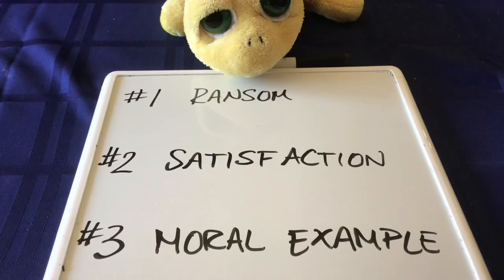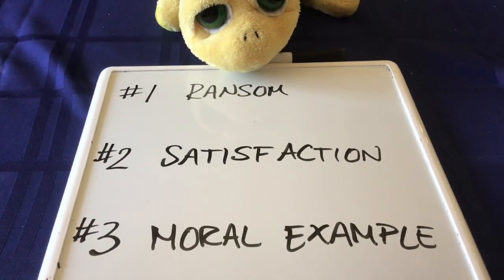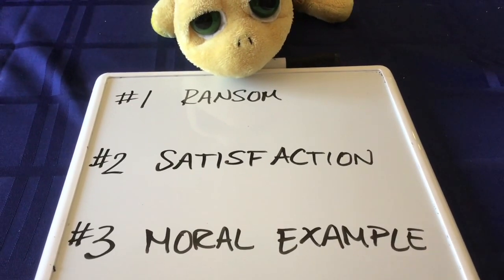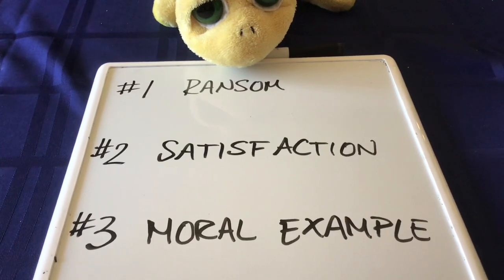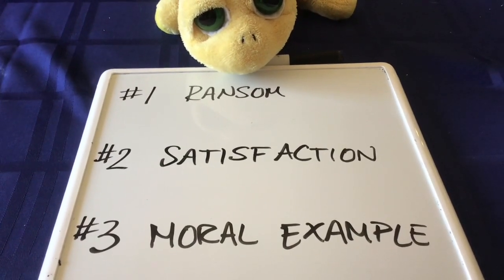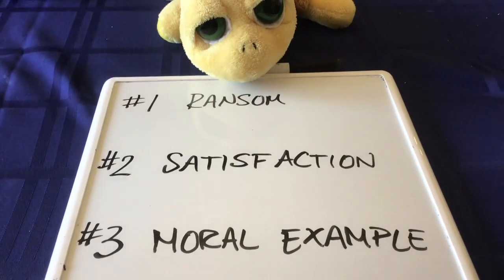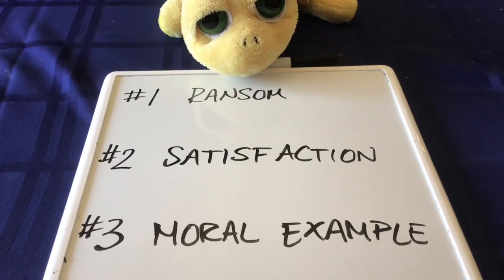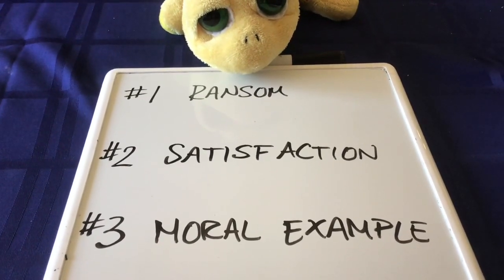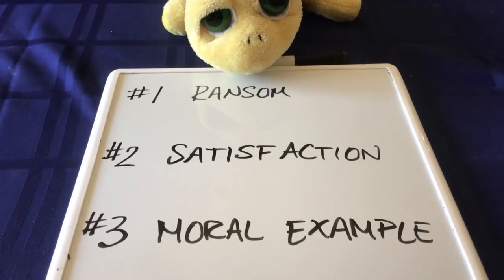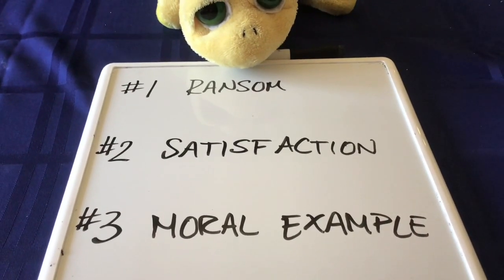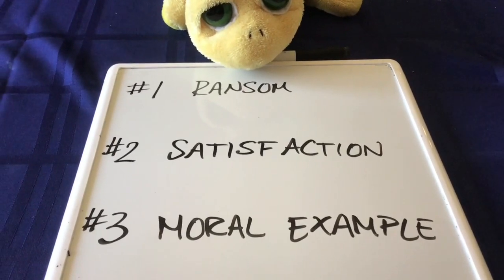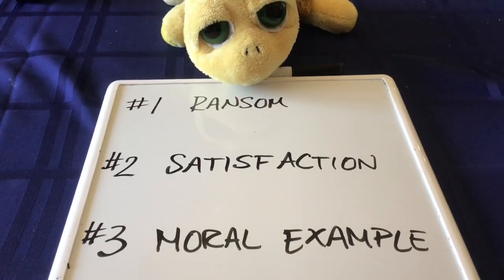Okay, so now we've looked at three theories. I apologize, I realized after I did the videos that I didn't change the numbers, but you guys are smart and should be able to figure out which number is which from the names. So here they are: number 1, ransom; number 2, satisfaction; number 3, moral example. And as you finish your assignment, the last question just asks for your opinion. So there is no right or wrong answer for that, but you need to make sure you give me a reason why you think one of them makes more sense, and don't just say just because, but give me a thoughtful reason for why you like that particular one.